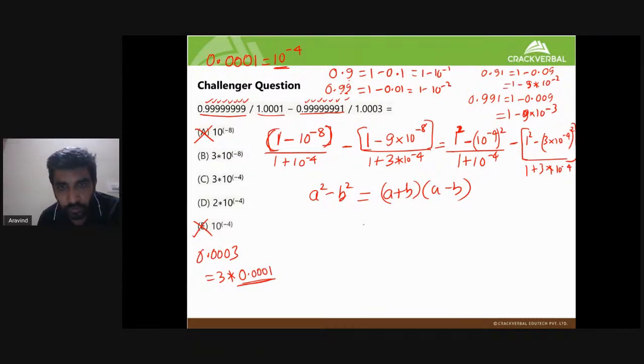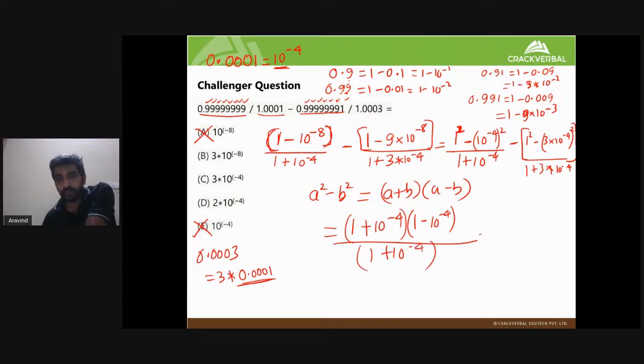Now, using a square minus b square equal to a plus b into a minus b, the numerator can be 1 plus 10 power minus 4 into 1 minus 10 power minus 4 upon 1 plus 10 power minus 4. On the other hand, I'll have 1 plus 3 into 10 power minus 4 into 1 minus 3 into 10 power minus 4 upon 1 plus 3 into 10 power minus 4. What does this help us do? This helps us,